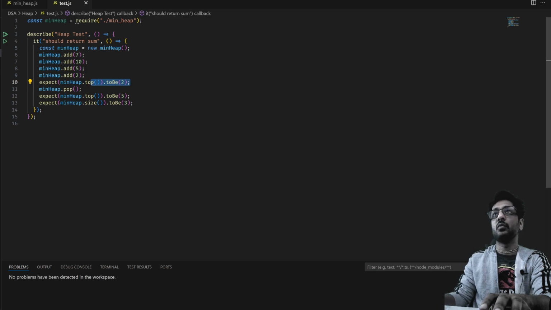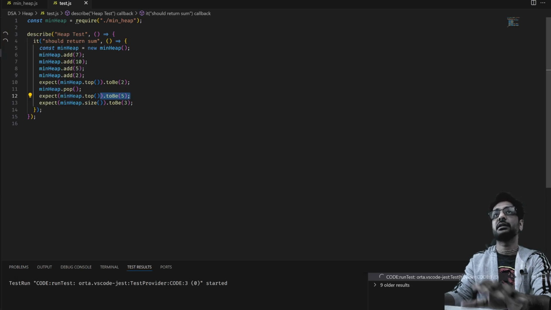Then we're going to pop one item that would return 2, and once we remove it, the item 5 that is at the end of this array needs to become our top item. So our minimum item should become 5 after removing 2, and our size should become 3 because we removed one item. So let's run the test and see